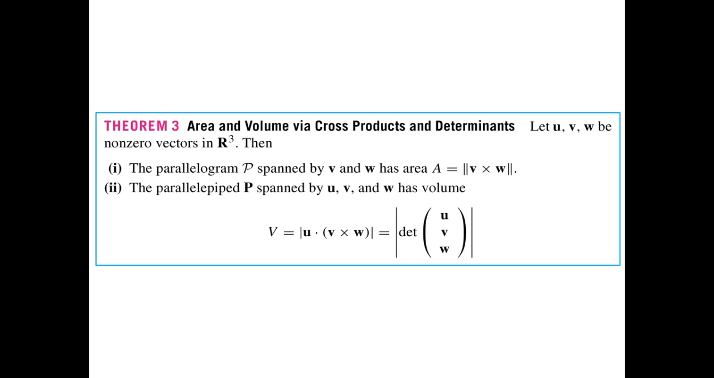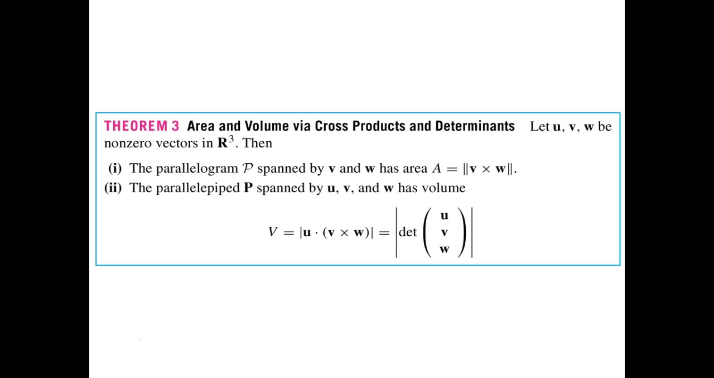Let U, V, and W be non-zero vectors in R3. The parallelogram P spanned by V and W, U's not involved with this at all, has the area of the magnitude of the cross product of those two vectors. Okay, done. The parallelepiped, which is a volume, it's a space figure, not a planar figure,